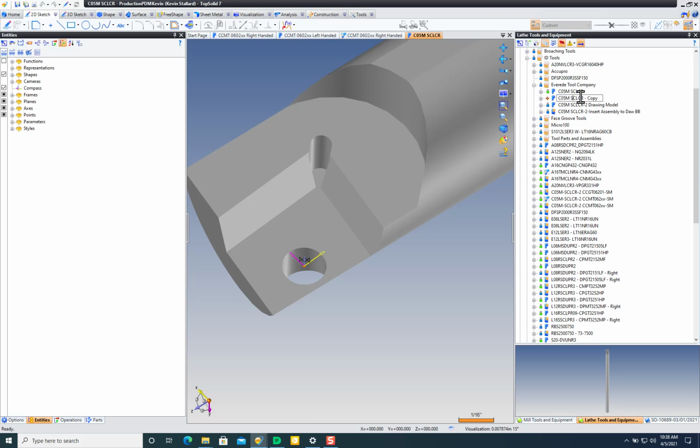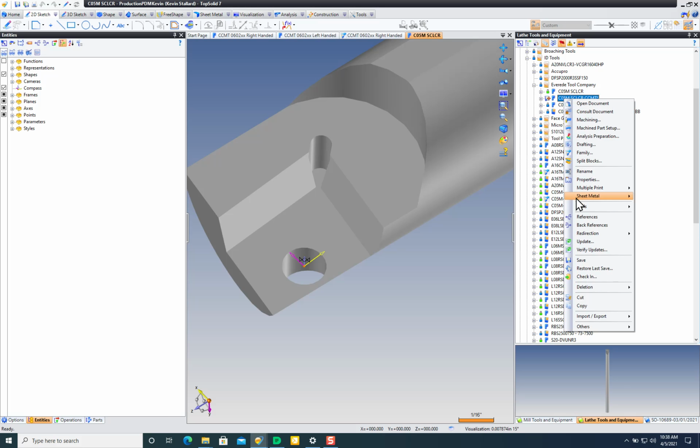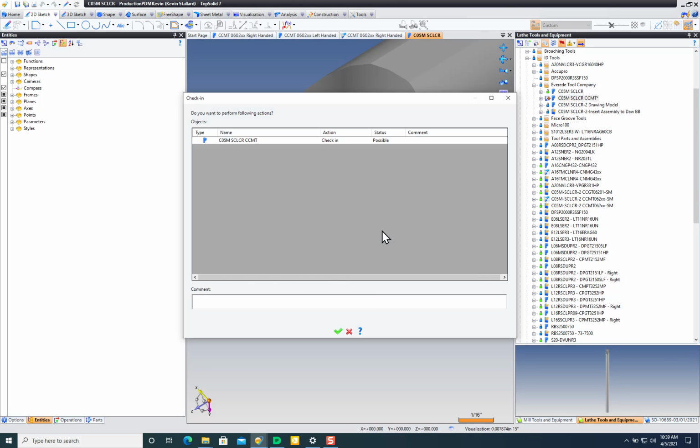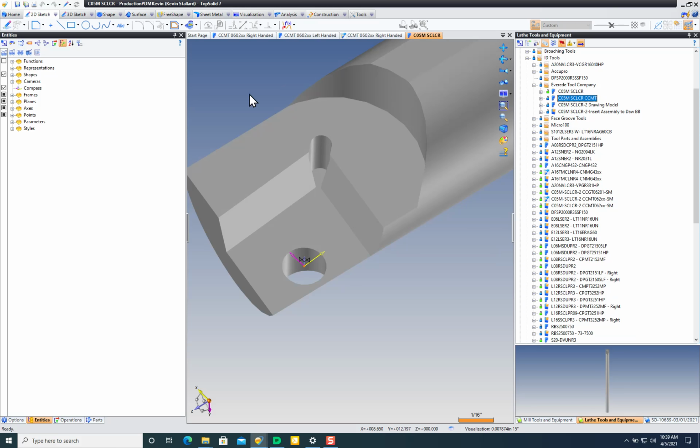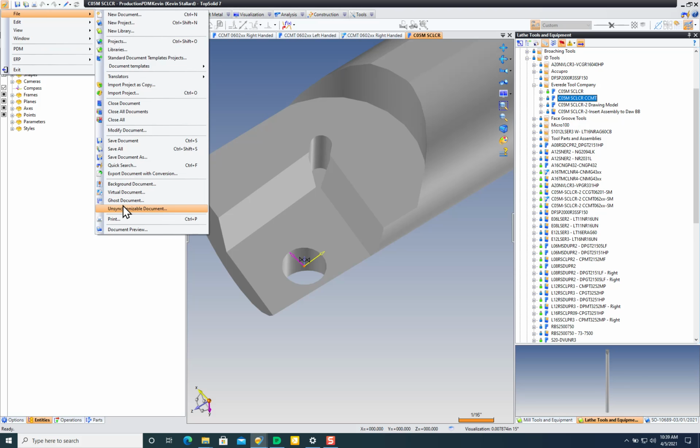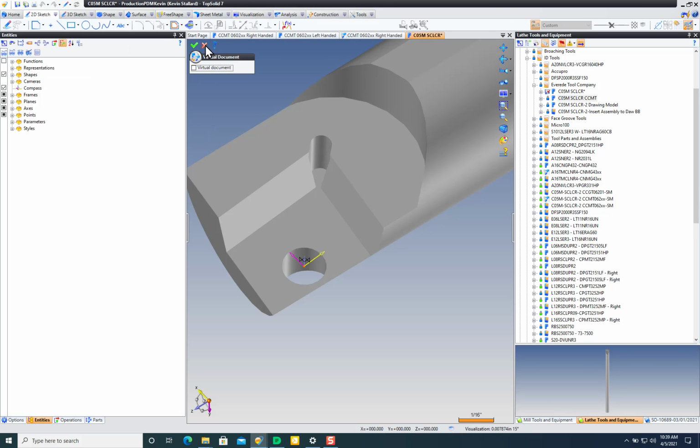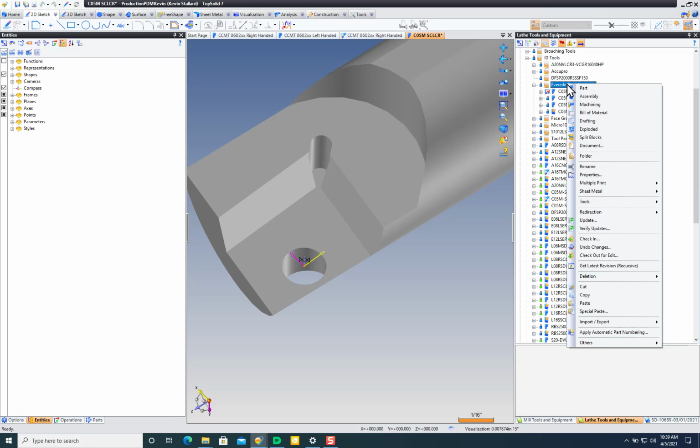So this is a CR and then a dash CCNT insert set. I'm going to pull it out, and I'll just leave it here for right now because that'll make it easy to see what's going on. Alright, so I've got this, and I'm going to make this also a virtual document. Oh, wait, nope, not going to make it a virtual document, sorry. What I'm going to do is create a,